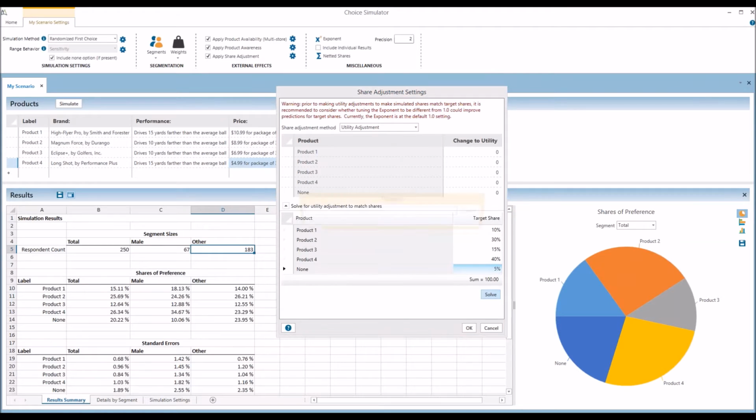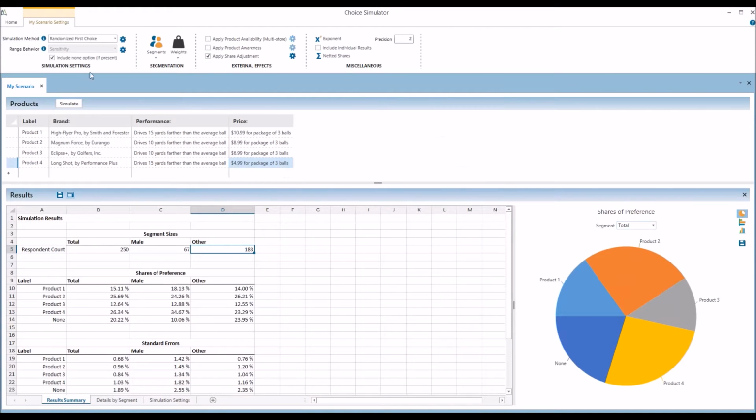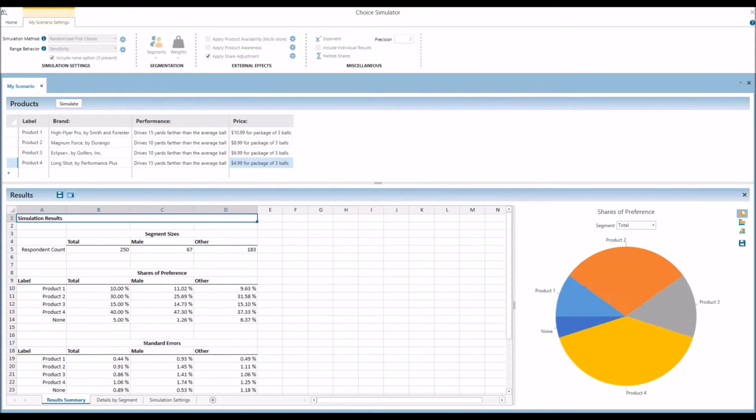or something like that. What we can do is that the software will do this little iterative process where it'll try to come up with utility adjustments in order to hit those target shares as close as it can, and again, trying to make it so that we're not adding huge amounts and things like that. So it comes up with these utilities where these products need to get a little boost, the none option needs to get a little hit, and if we use those utilities, we turn off the other ones here, then we're going to hit those shares, and we can maintain those utility adjustments moving forward as we continue on